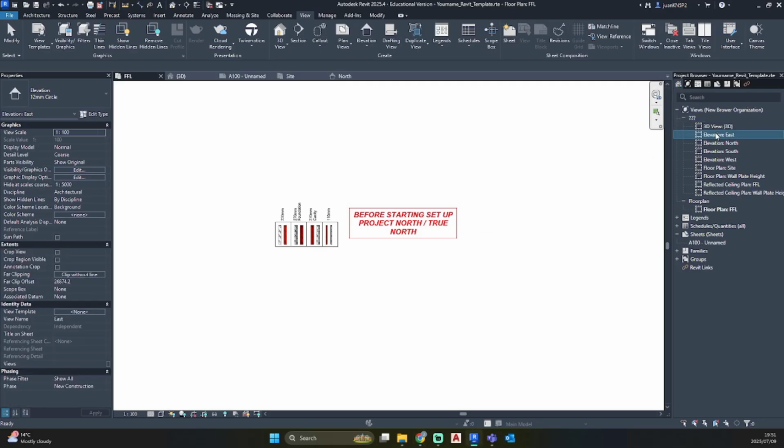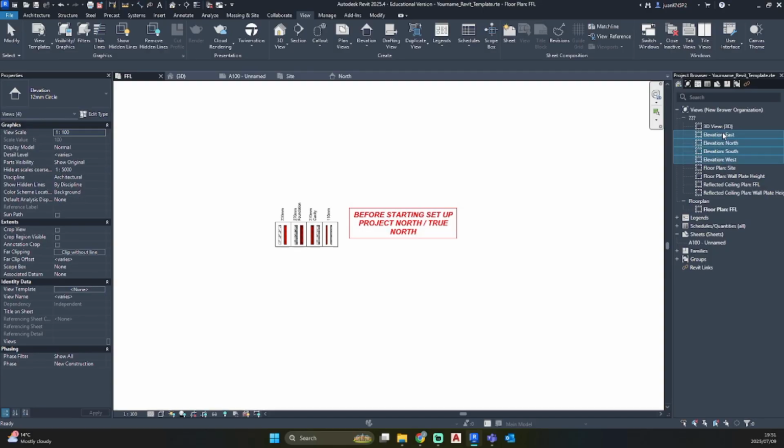So let's select our east elevation, hold Shift and select all of your elevations, and we can go to our properties panel on the left, Views, and just name it elevations, hit enter, and you'll see that your elevations have moved into their own category.